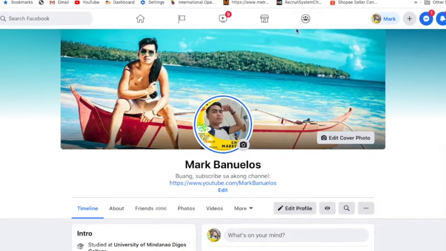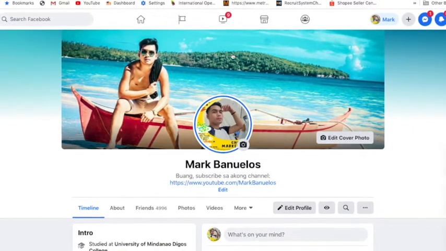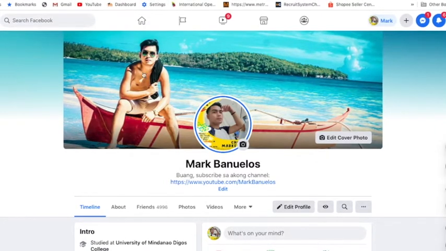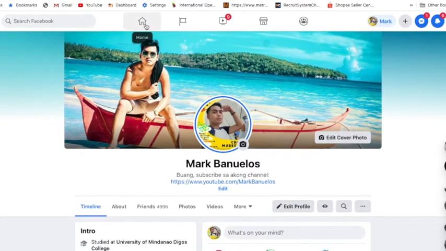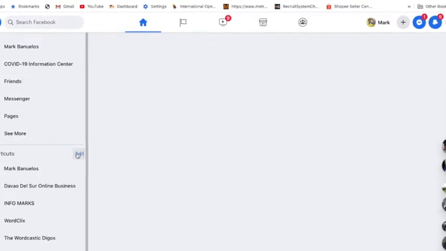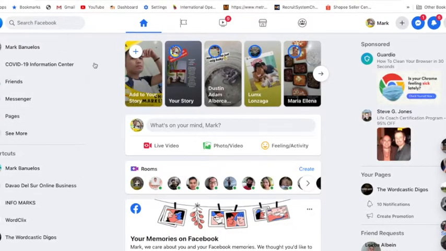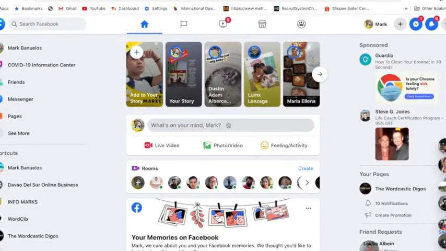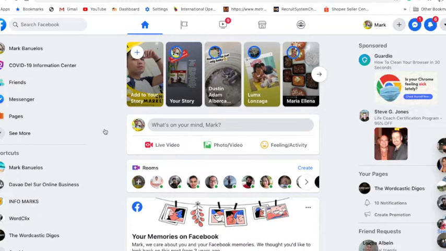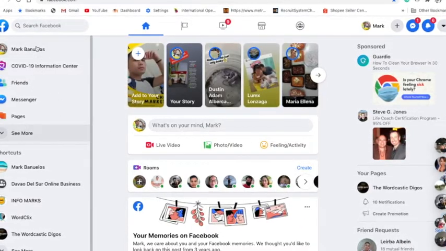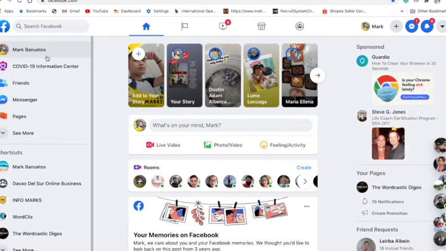So what we're going to do here, actually there are two options or maraming options. So the first one is if you're on the landing page of your Facebook account, you have to click this home. Ayan, click home, then you will be redirected with this parang ganitong window. Tapos as we can see here on the upper left corner, we can see itong mismong account natin,